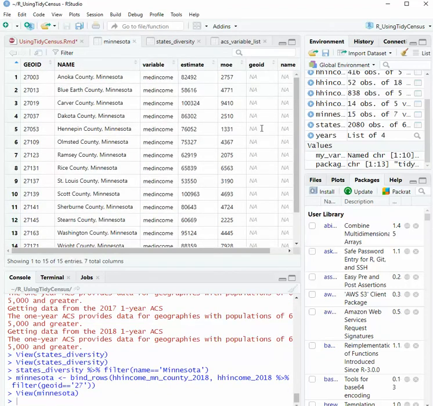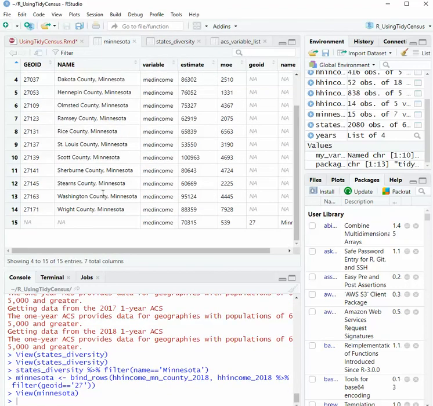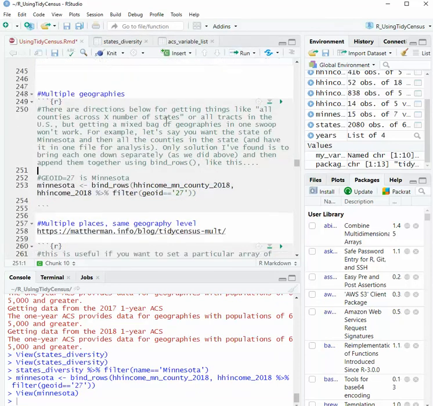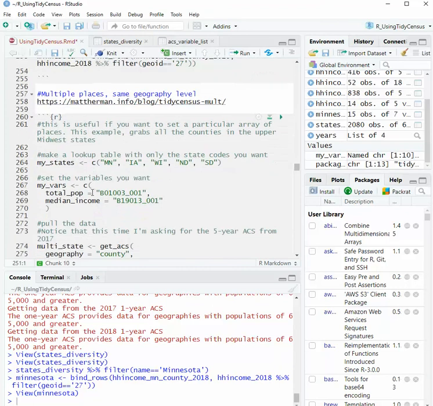So now we have those 14 states, counties in Minnesota, and then this bottom row should be the state of Minnesota, but look, here's what it did. Look, because we had the GeoID in the name column. Remember, they were uppercase in one and lowercase in the other. They showed up separately. If we had them all lowercase, they would stack up very nicely. So again, another reason to use the janitor clean_names function and keep your data nice and neat. All right, so